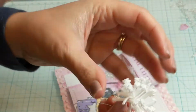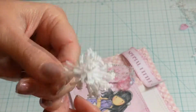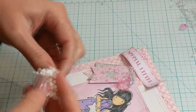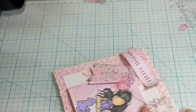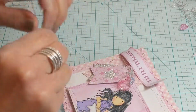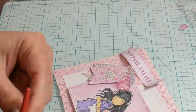I have another little flower bunch here that, to me, looks like fireworks. So I thought that was kind of cool. So I'm going to put that there, up here somewhere. I'm probably going to coil this first. So I'm going to grab a paintbrush,